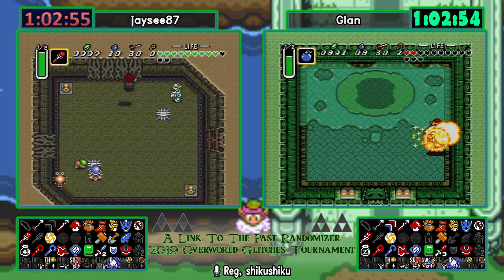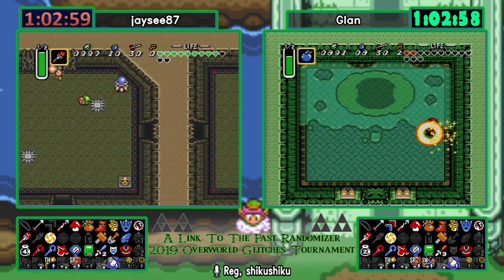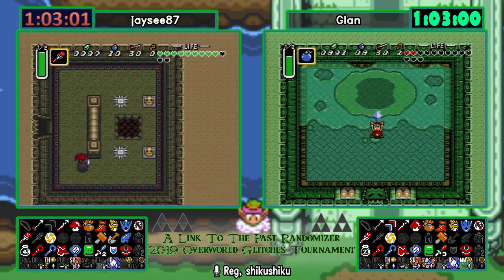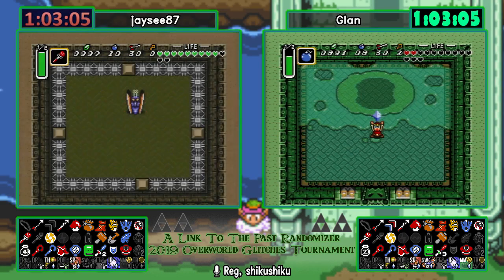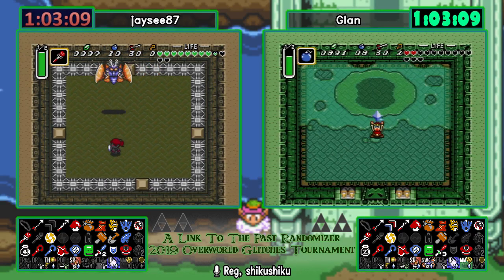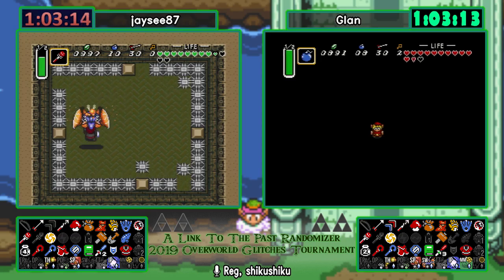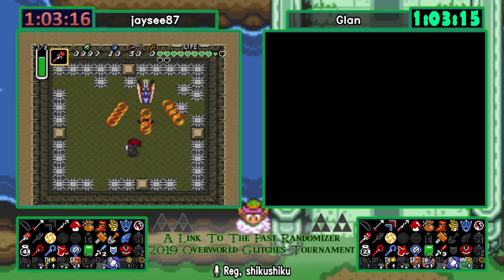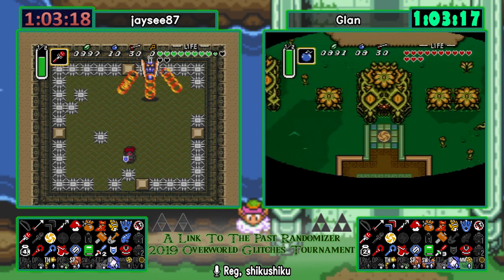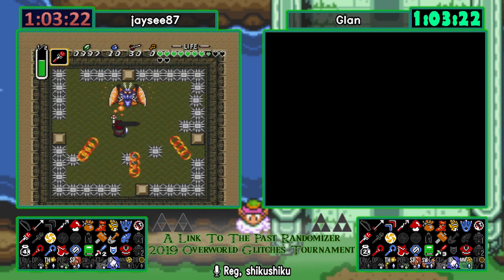Yeah, once you get it down to the big eye, it's just a simple game of volleyball. Pretty easy for it to go wrong if your timing's off, though. JC doing Fire on Mothula, which isn't a bad choice. He hasn't been to the front yet, so he has no Tempered Sword, so...